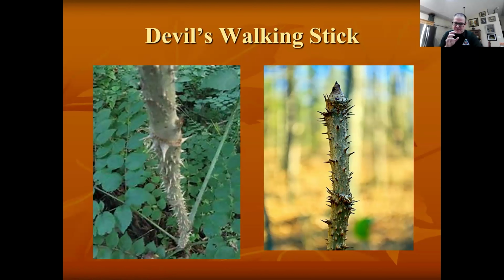If you're looking for something really unique, or a screen to plant between your yard and the neighbors because you don't like your neighbors, this is called Hercules' Club or Devil's Walking Stick. It's native. More common down in the Boot Heel, or if you start getting towards the Smoky Mountains, Tennessee, North Carolina, it's all over the place. But it grows in colonies, so you'll want to be able to maintain it by mowing around it. If you plant this, it's really cool looking. These aren't very long, but as you can tell, the whole woody part of the plant is just covered in thorns.